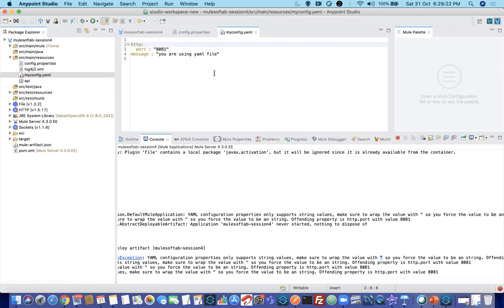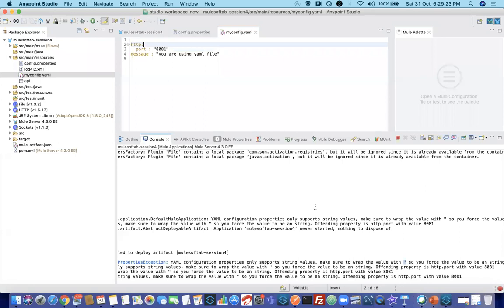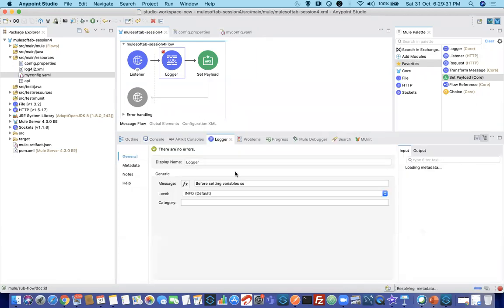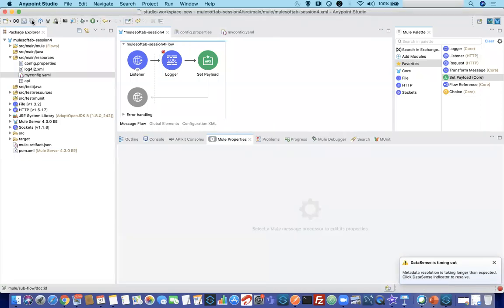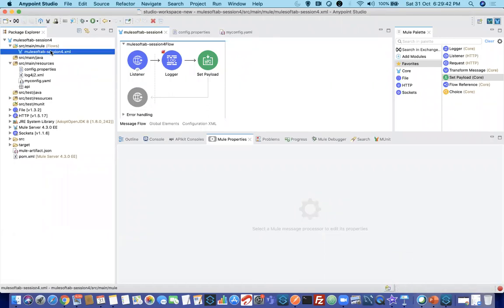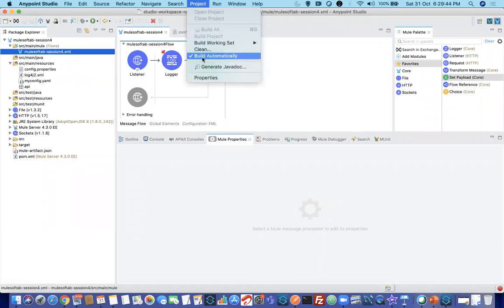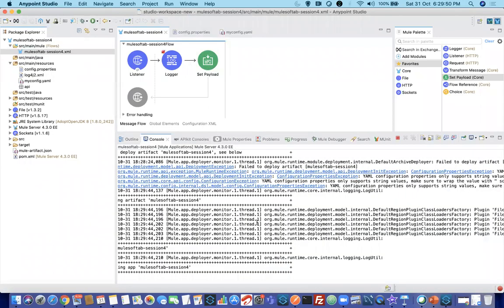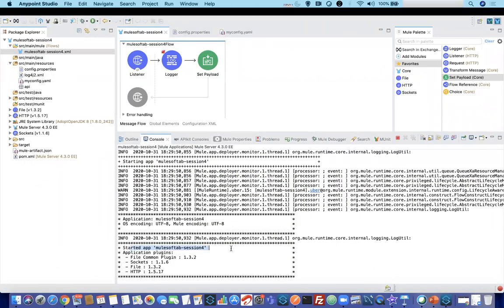So I'll save it. If you're saving files, it will not automatically redeploy. Okay, you can start and stop the project again, but if I have some issue, right? So in that case, I'm not stopping, I'm just editing this file so that it will automatically redeploy. Only Mule application files. Mule application files means XML files. Mule XML files, if you change anything, this build automatically will only redeploy when you are changing anything in XML, not in configuration files. Okay, you can see now my application is started.